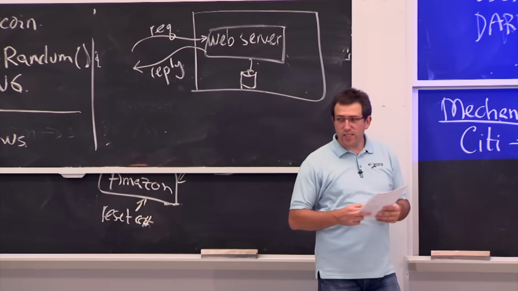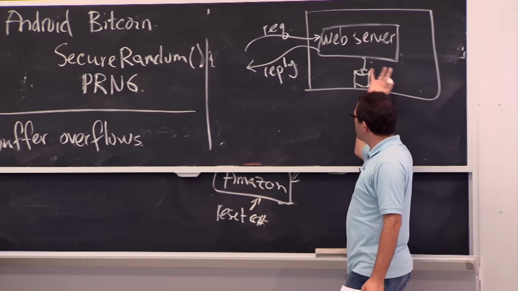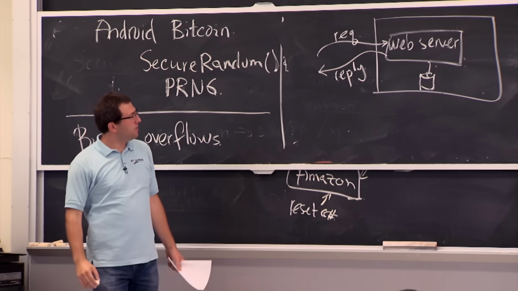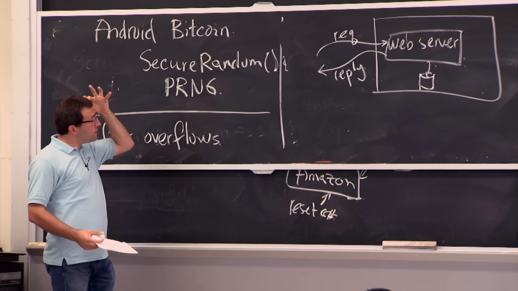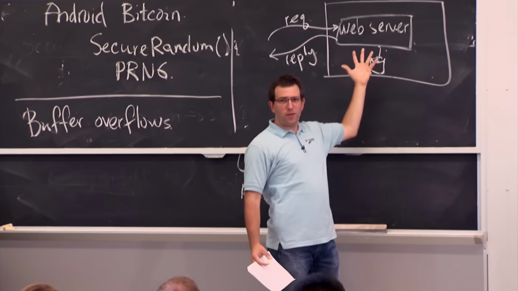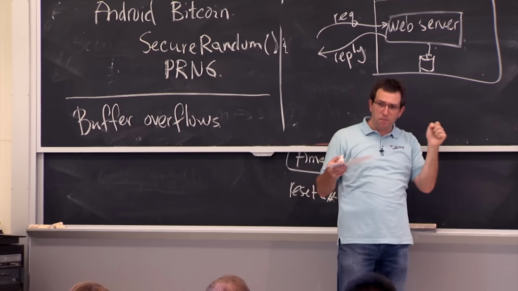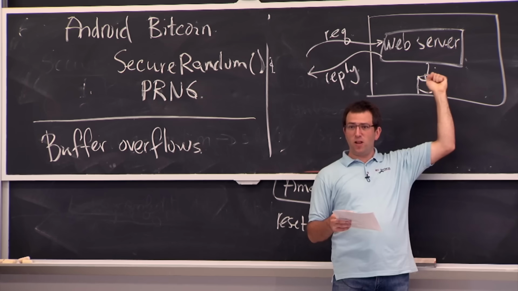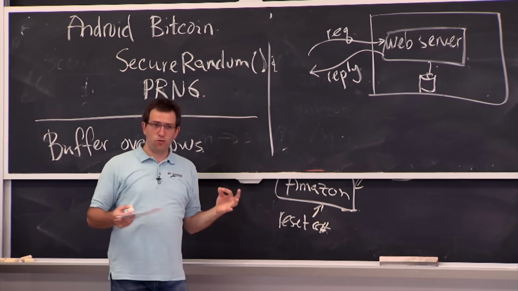And I guess the goal is that this web server shouldn't allow arbitrary stuff to go wrong here. I guess that goes along with what the programmer intended. The programmer probably didn't intend any request to be able to access anything on the server. And yet it turns out if you make certain kinds of mistakes in writing the web server software, which is basically the mechanism here, right? The web server software is the thing that takes a request and looks at it and makes sure that it's not going to do something bad, sends a response back if everything is OK. The web server is this mechanism.